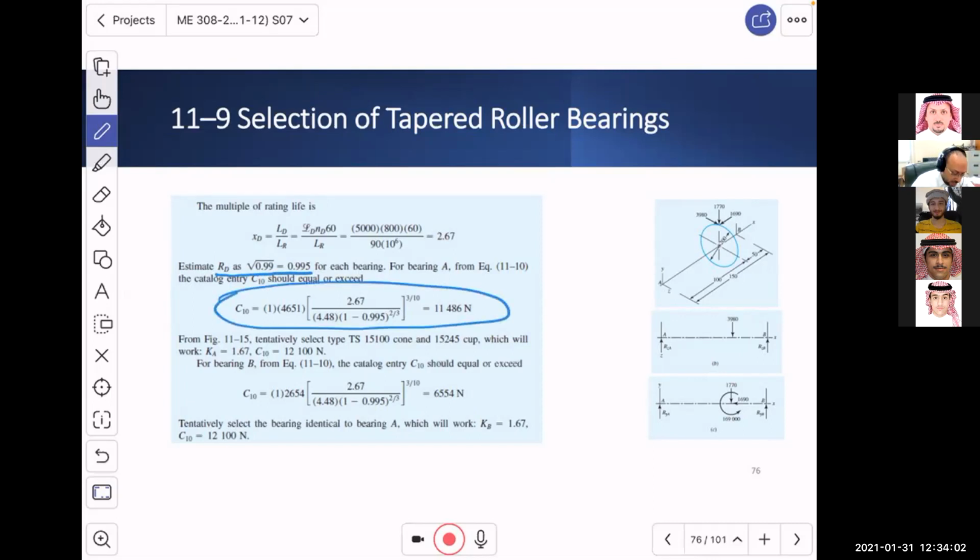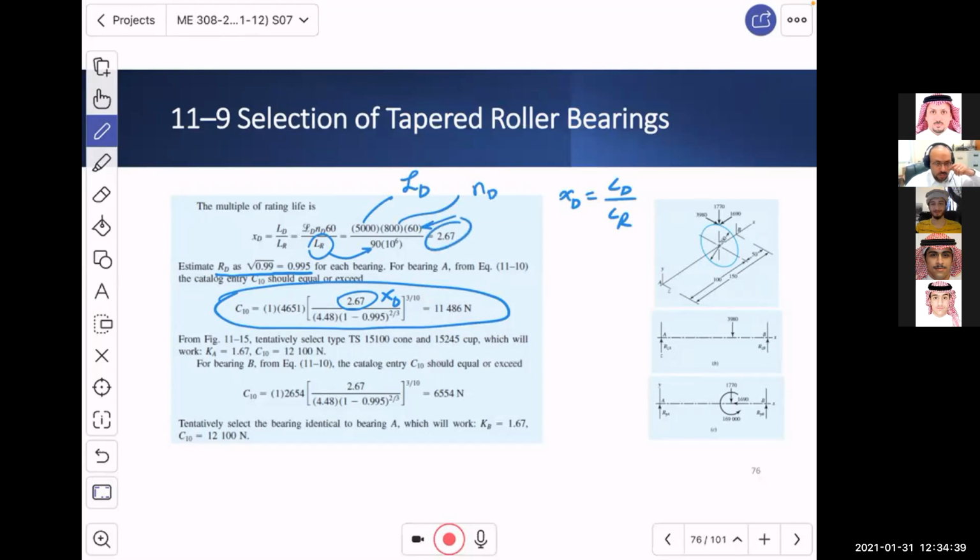Now, this equation, ya shabab, what does it have? On the top, it has XD. Now, XD is equal to LD divided by LR. LR for Timken is 90 million, so this is the 90 million. This is LD in hours, 5,000 hours. This is n_D, in revolutions per minute. And this is the conversion factor. So what did I get? I got